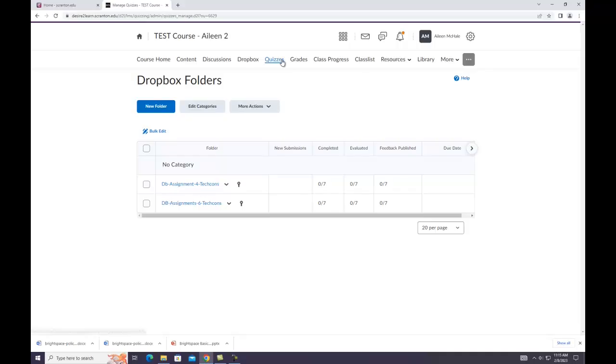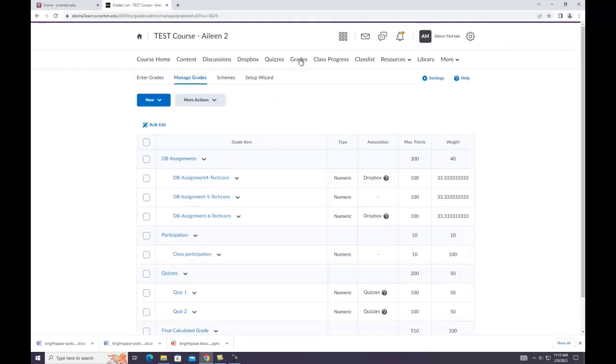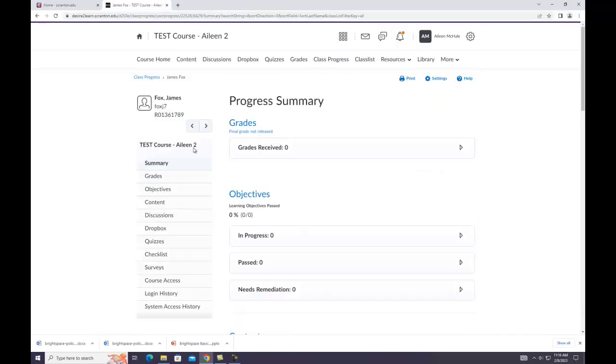Okay, quizzes. This is where you would go to create a quiz. Grades. This is where you go to see your grade book. You can see all my entries here. Class progress. This is where you go to see how your students are doing. So I could, for example, click on a student's name, and I can drill down into any of these areas that are on the left-hand side